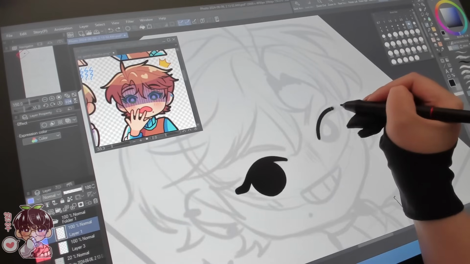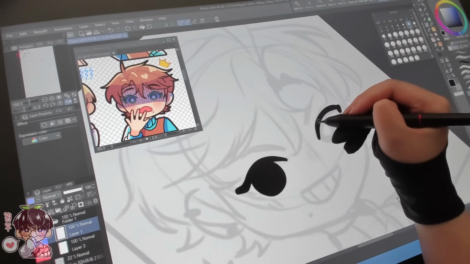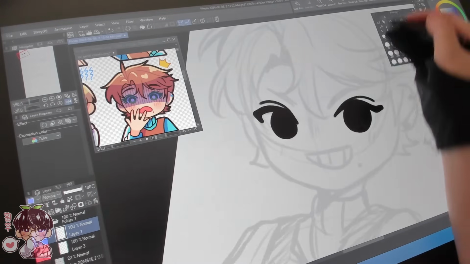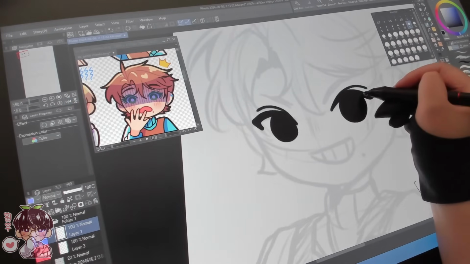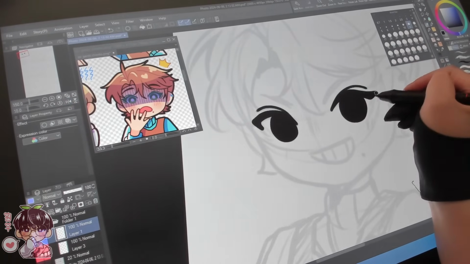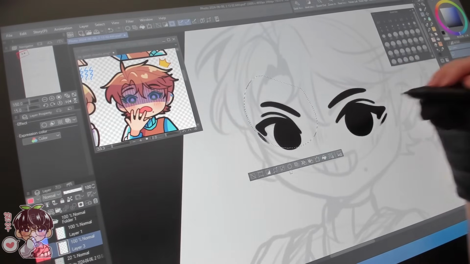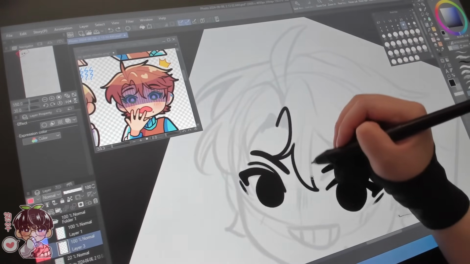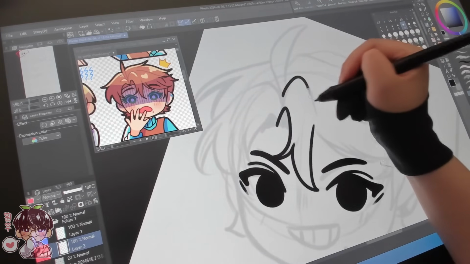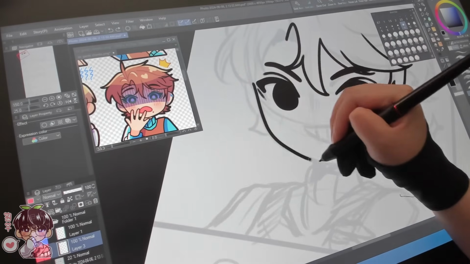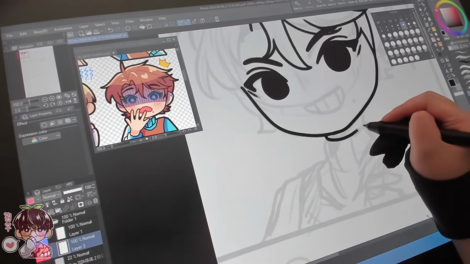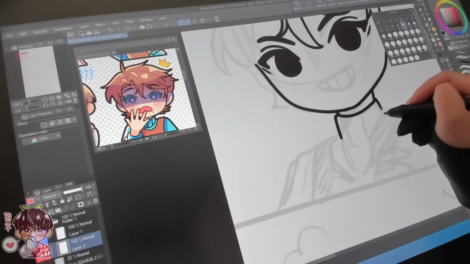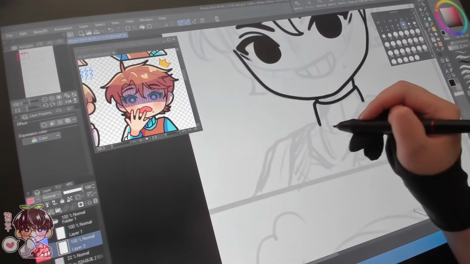I just like this brush because it's a little bit more consistent in terms of line width. Typically, if I'm doing any kind of line work, I will fuss around and try to find what would work best for the particular drawing session. But if I don't really care and I'm just doing a normal illustration, I will use the G pen with some kind of stabilization alongside another setting that allows me to work slow and then work quick if I do quick flicks of the pen, so that the stabilization becomes a lot